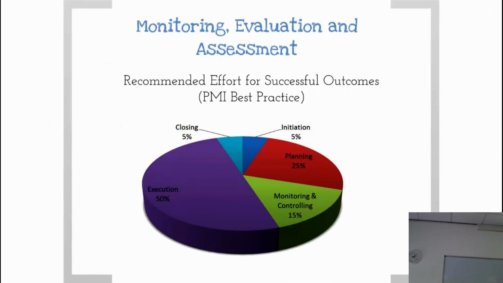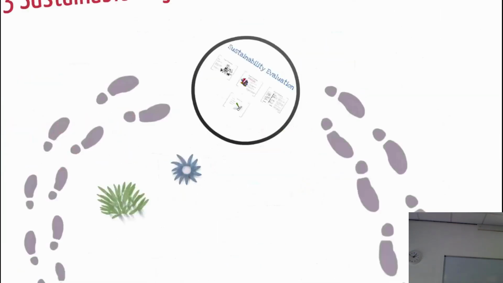So if you've been following the course, you'll have seen this slide a couple of times, I guess. This is from the PMI, the PMBOK, the best practice, and it's what they recommend where you put your efforts for successful outcomes. So you've done a bit of planning, you've got the execution of the project, the closing, the initiation, and this bit here, the monitoring and controlling of your projects, they suggest it's worth about 50% of your effort and your time. So relatively important.